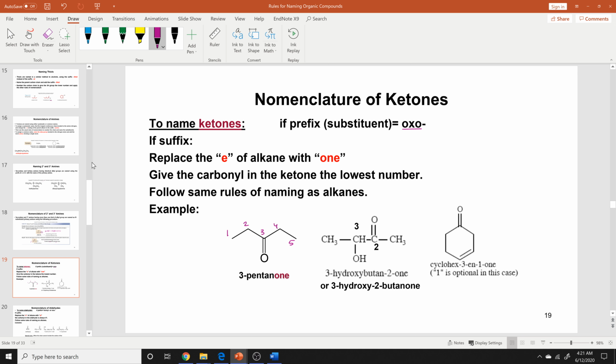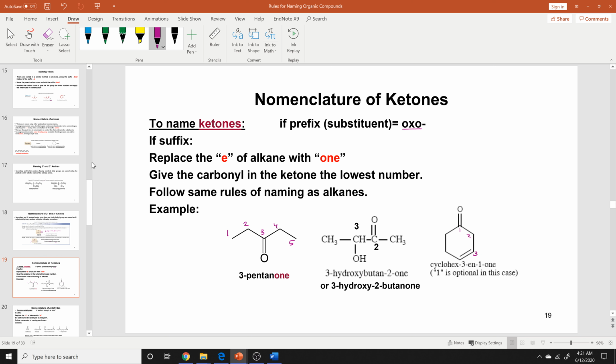Now, it's really up to you. You can put the 2 between the butane and the one, or you can put the 2 all the way in here. Now, I know that this 2 is going to belong to the carbonyl because I don't have any other functional group here other than the carbonyl. The OH, I already numbered that. This is going to be 1,